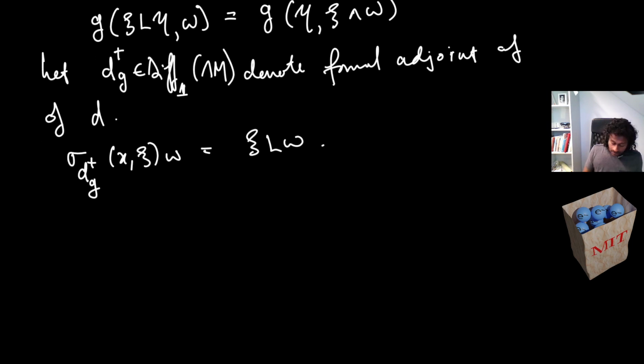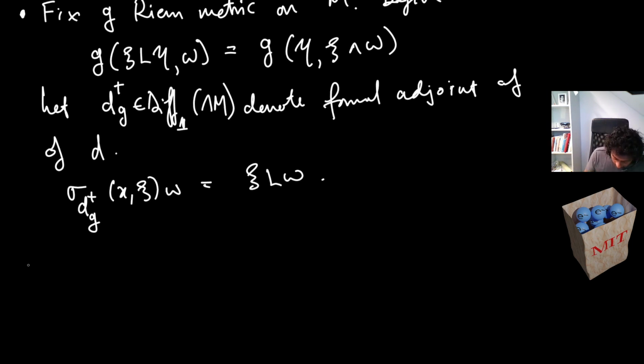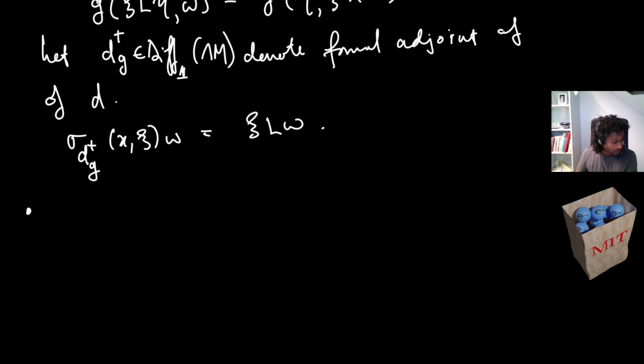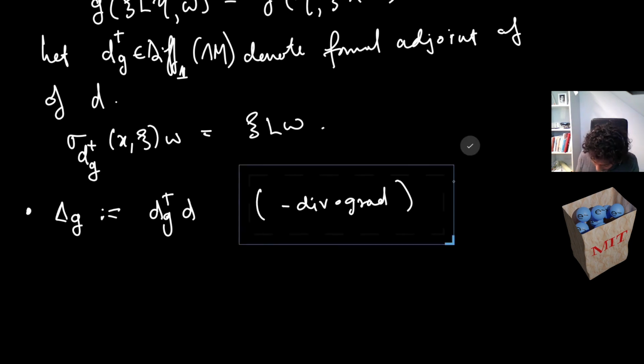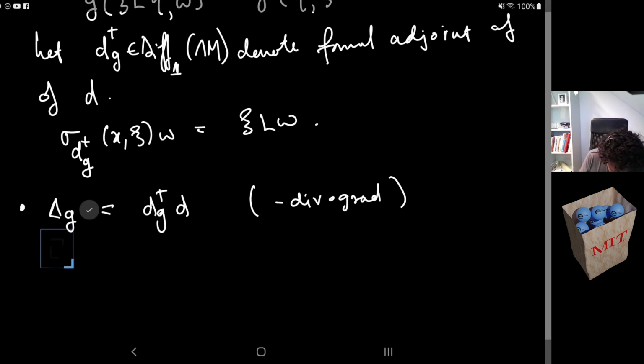Okay. So I won't verify these things too much. So the Laplacian now. So what is the Laplacian? The way I define the Laplacian is the interior product, sorry, the formal adjoint acting on the exterior derivative. So you would see that this is also written as div composed with grad, or negative div composed with grad in books. I don't like this. So this is the Laplace Beltrami, right? Let me say what this is first. So this is the Laplace Beltrami